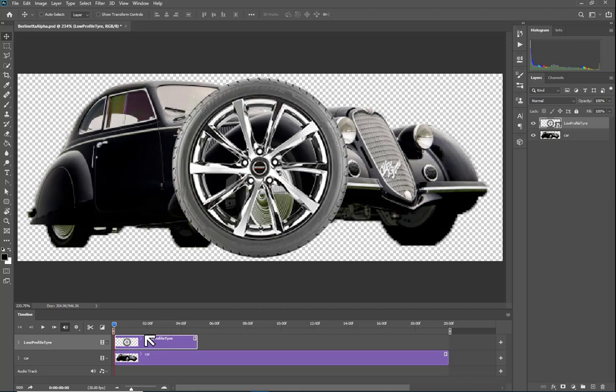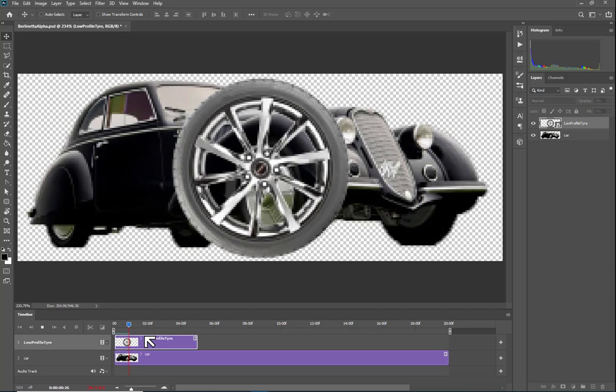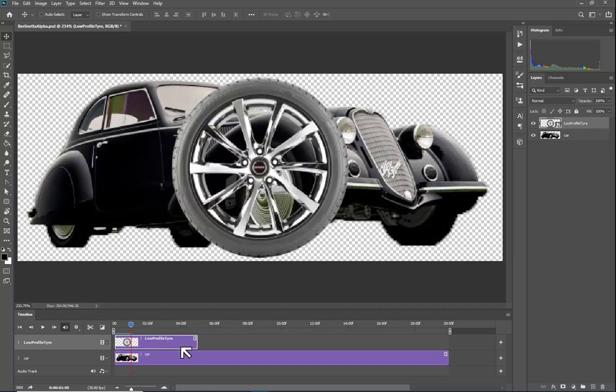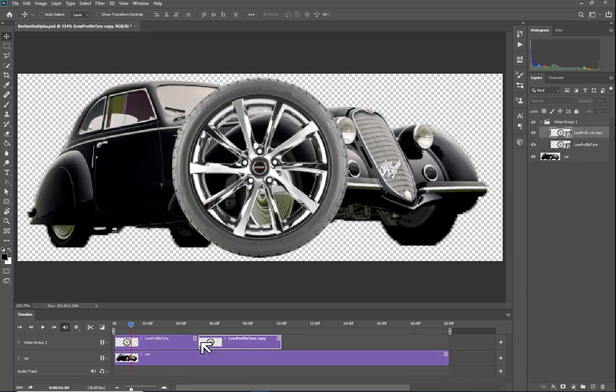5 seconds long. Let's just hit the space bar, make sure it's rotating as it should, and it is. Right, copy and paste, or rather just drag down to the new layer here. These are all separate layers. I want them to be a layer group, so I'm going to drag this down so that it's next to the first low profile tire file, and now it turns into a video group. Both of these layers are inside video group 1, which we'll call wheel. And now within the group,